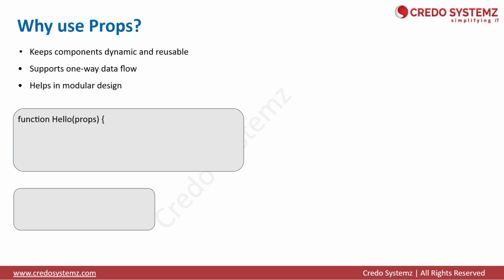Next, what is the syntax? Let's create a function. This is the component. You can see that I have a component function. Hello is the function name, and I'm accepting a parameter called props. This is the default naming convention that we use, props. Then the function returns HTML code, so this is a component. If you look at it clearly, I have an h1 tag which has Hello in it,